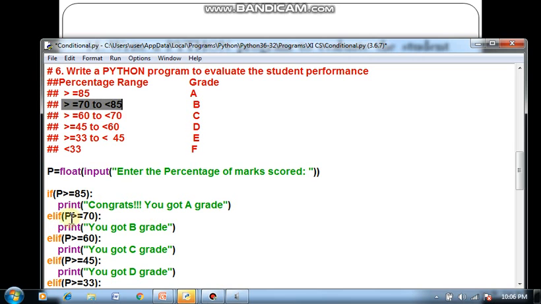So here we are checking P greater than or equal to 70 only. Less than 85 is not checked because in the previous condition, if P greater than or equal to 85 is false, it means it is less than 85. That is why the control is at this point. So it is already understood that it is less than 85, so no need to check it again. Same like that in the rest of the conditions also, these checks are not included because it's already understood. The previous condition is false, that is why it is moving to the next condition.